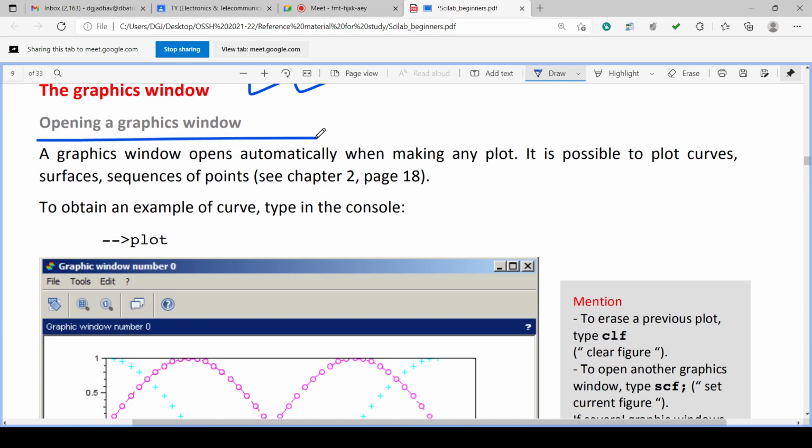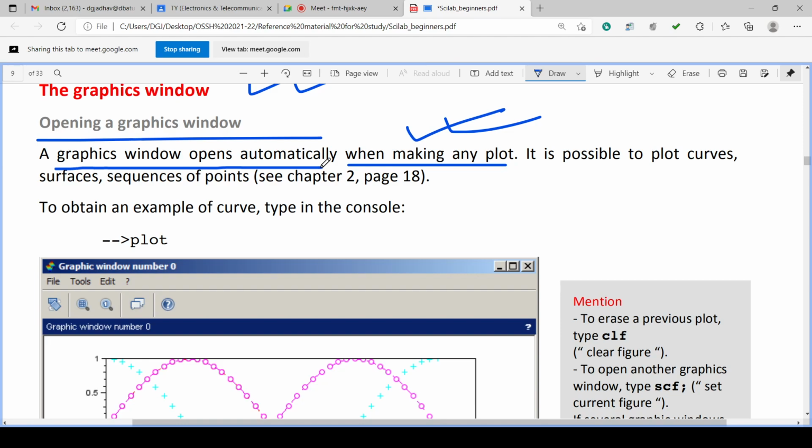How to open the graphics window? The graphics window opens automatically when making any plot. Suppose we have a plotting command in the program. As soon as the plotting command is executed, the graphics window opens automatically.